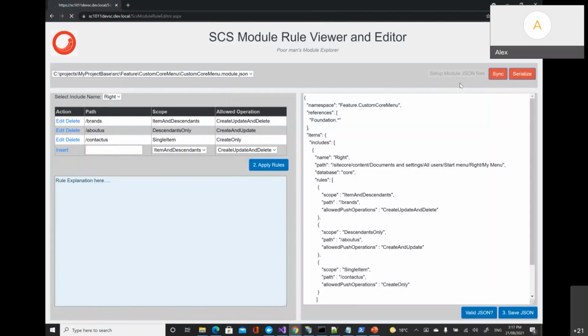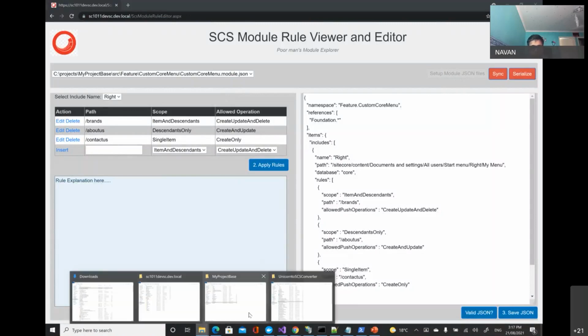The setup module JSON files button is actually disabled because I already have module JSON files in my local environment. So what I'm going to do is delete those.